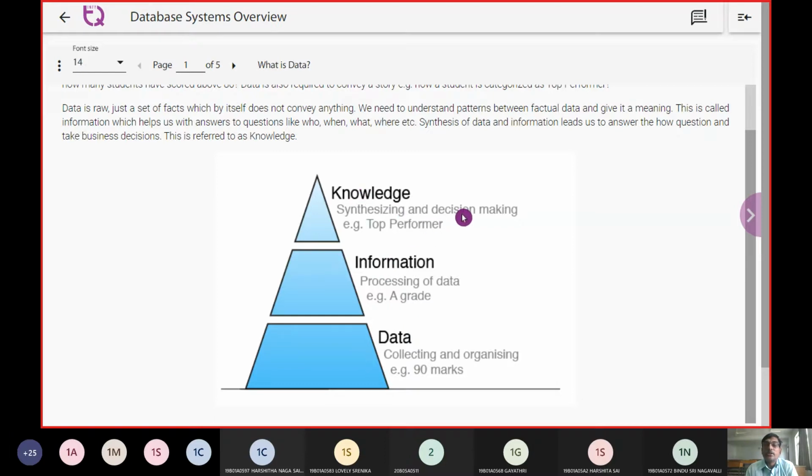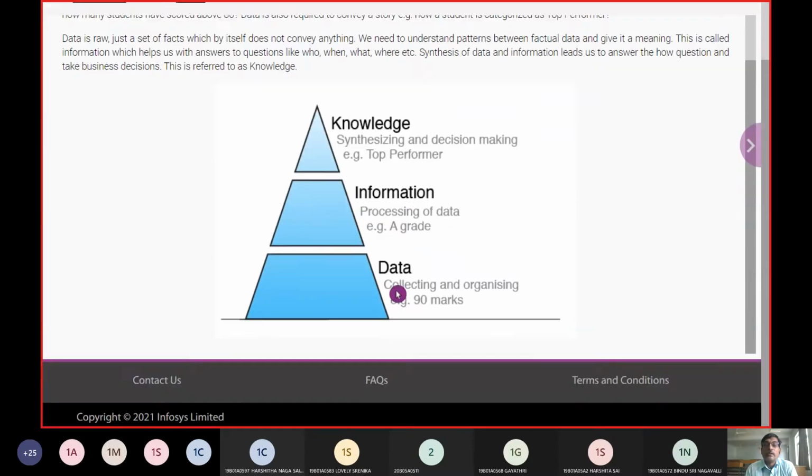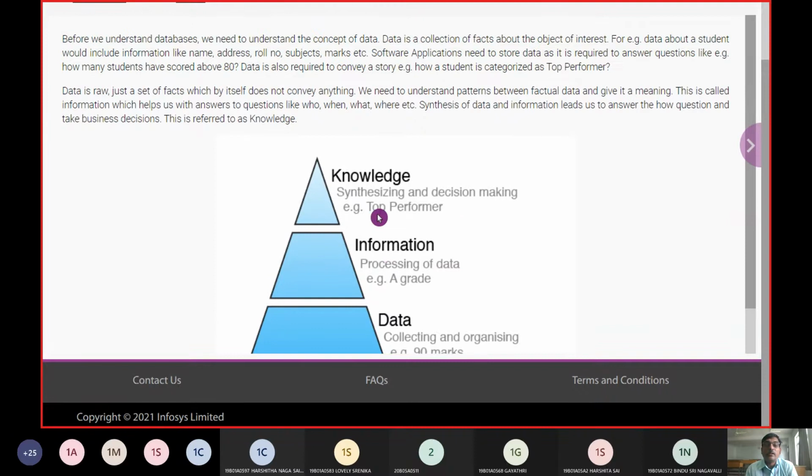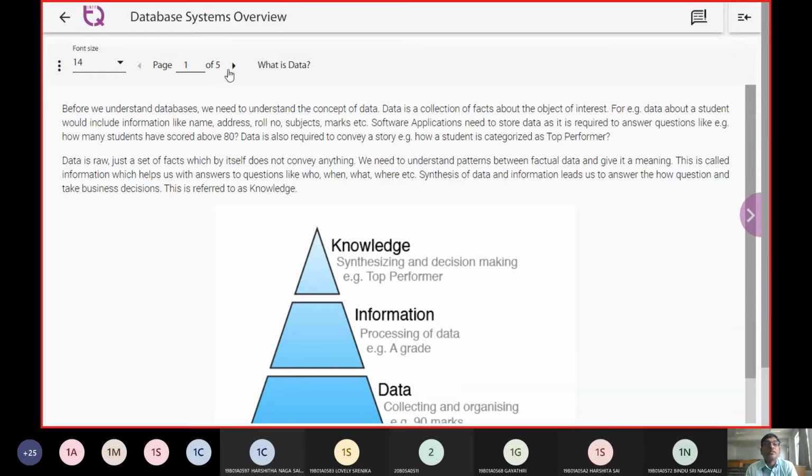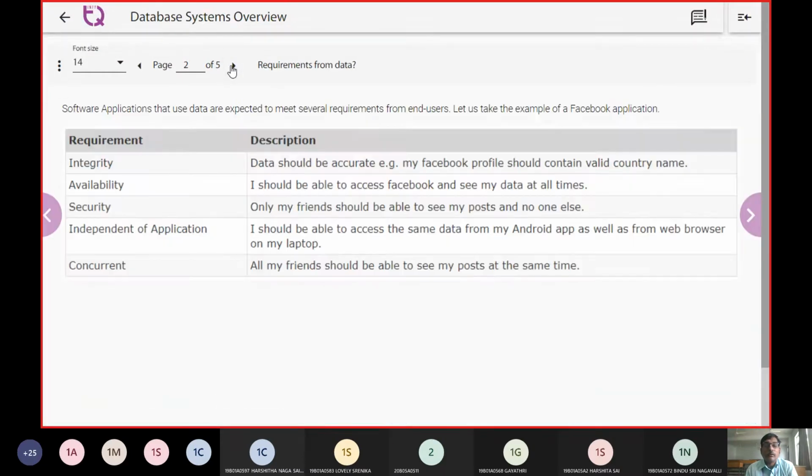So the decision at the thing, the synthesizing at the thing, you can assume the part here as a knowledge. So in general, a DBMS will start with data, later a processed data. Now it is going to be an information and gives a quick insights of what was happening when we are going to look into the data.